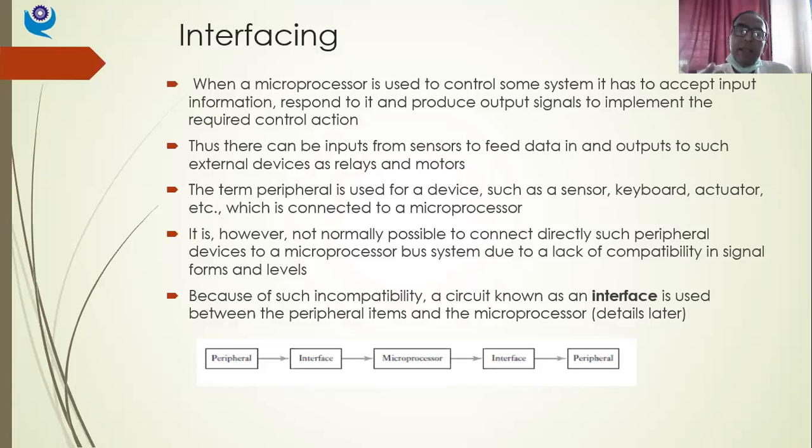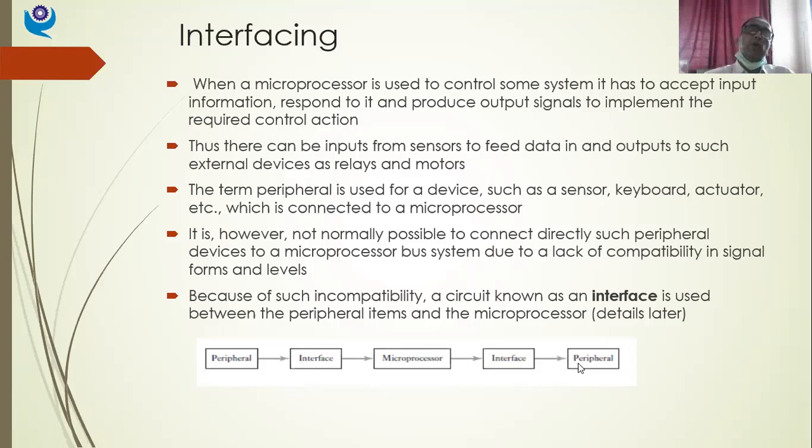So that digital signal needs to be converted properly into appropriate analog form, or it should be processed properly so that I can run my motor, right? So I need to have interfacing devices at the output side also. So the microprocessor output, which will be in digital form, requires interfacing circuitry or interfacing devices at the output side also. And then I'll have once again peripherals.